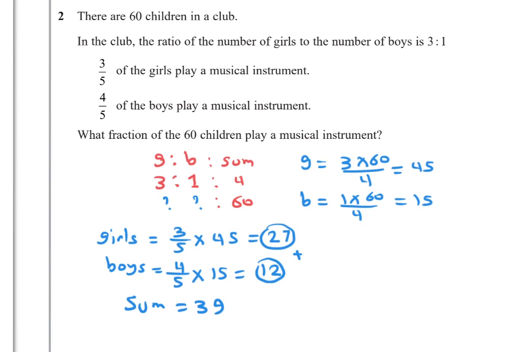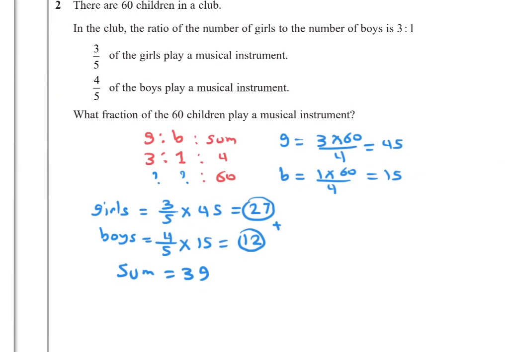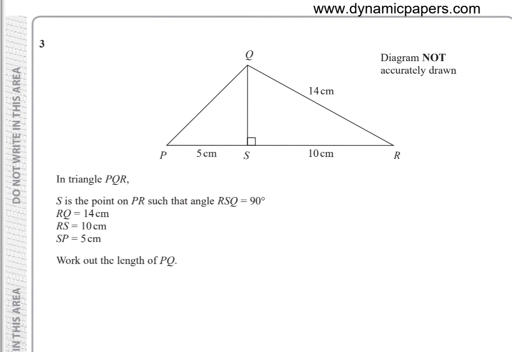So we have 39 out of 60. To find the fraction, 39 over 60, you can simplify, divide by 3, so 13/20. So 13/20. Number 3, in the triangle PQR,